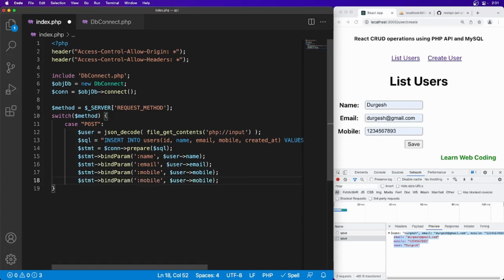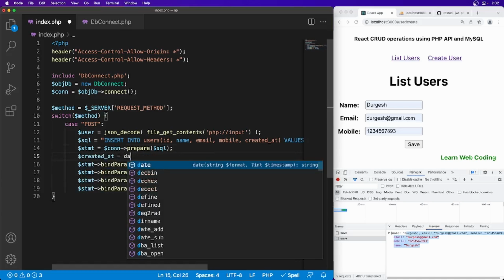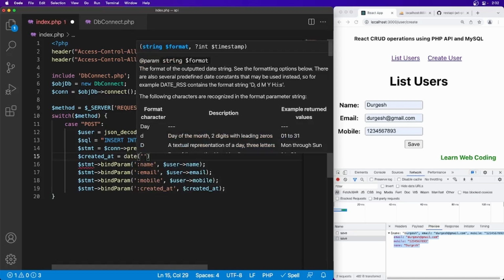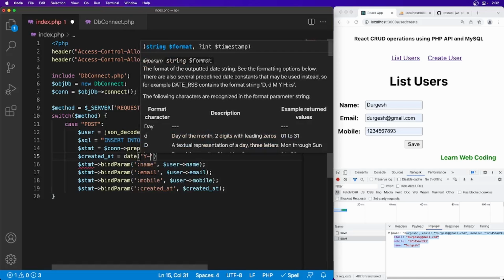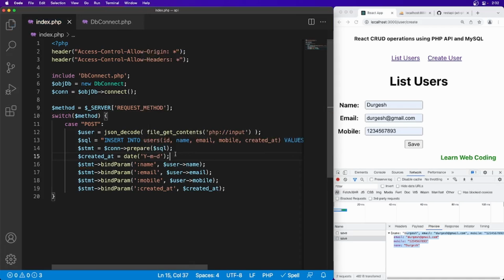Now for the created date, we have to actually create this variable. Let's say date and just pass the YMD format because MySQL accepts this format only. So now the data is bound.